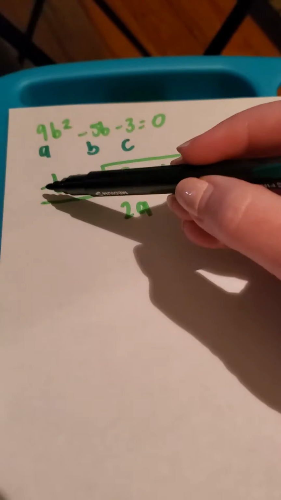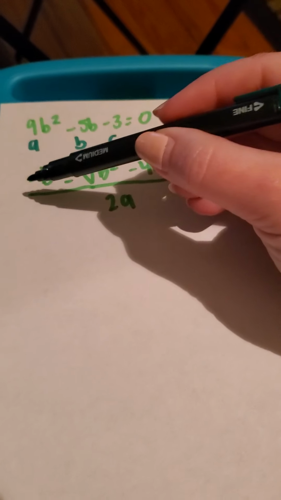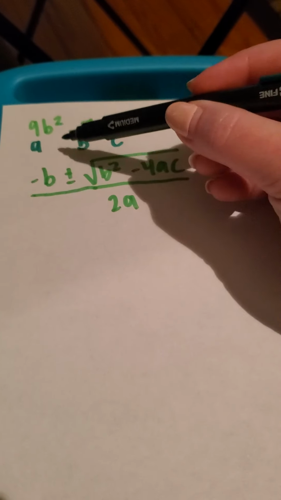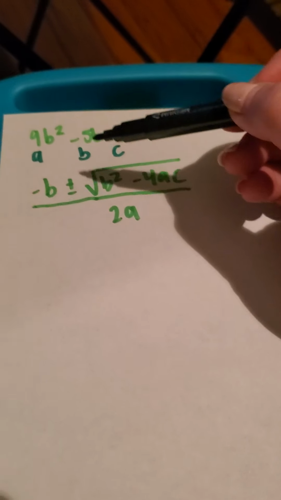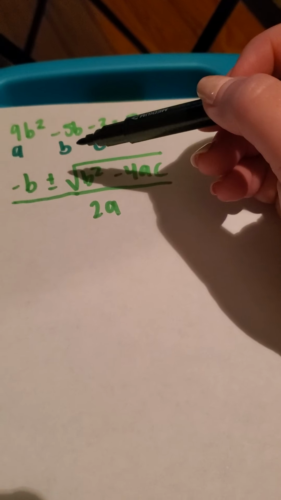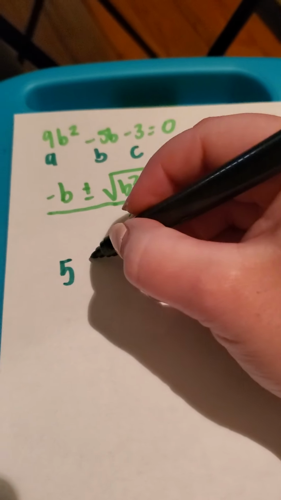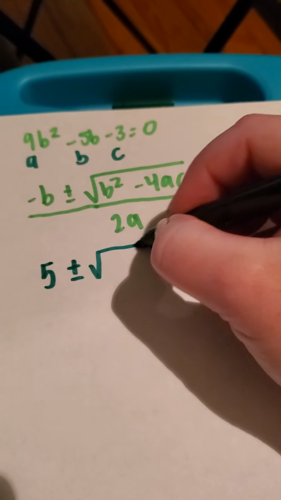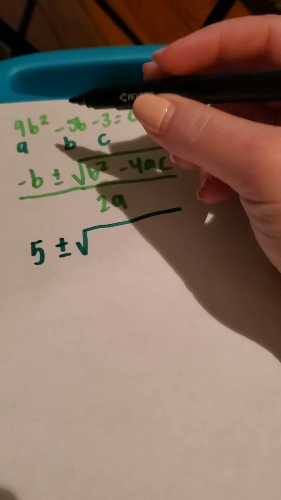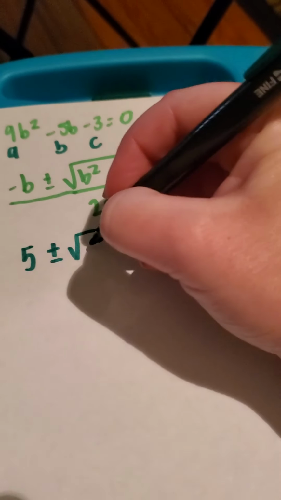So it starts off with a negative b. So we would put in a negative, this number, negative 5. Well, when you make negative 5 negative, it just turns it back positive. So 5 plus or minus the square root of b squared. So again, b is negative 5